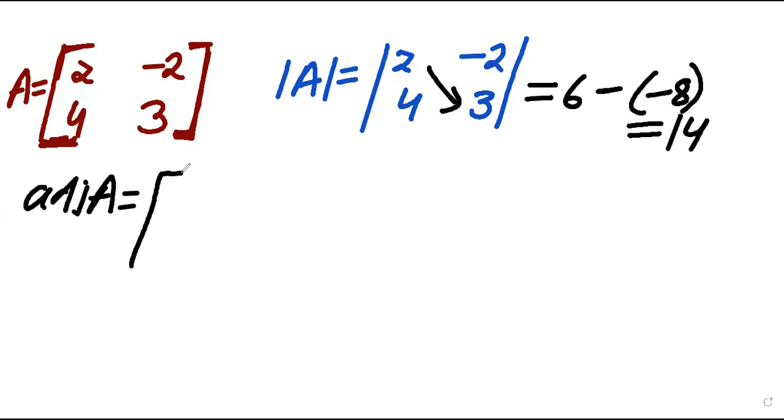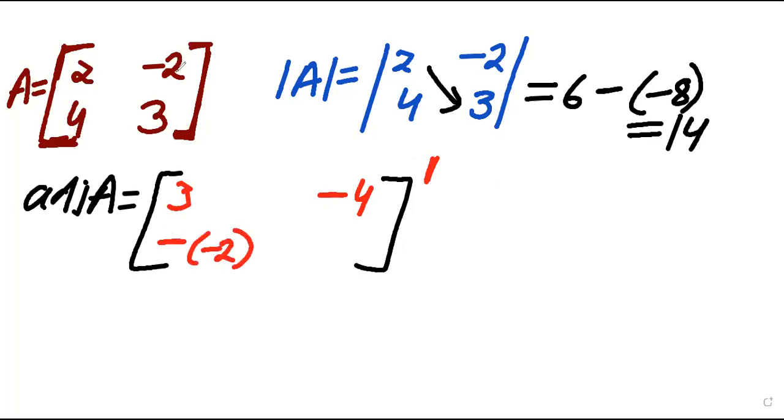Adjoint of A. So with the same method, take the negative signs here. Okay, A11 को छोड़ के यहाँ क्या आएगा? नेगेटिव साइन. And Cij we take the transpose. Okay, Cij जो भी आएंगे उनके क्या लेंगे? ट्रांसपोज. So if you remove here 2, 2, 3 will come here, and here -2, it is 4. For this 4, it is -2. Okay, and for this 3, it is 2. So I am taking transpose of it.